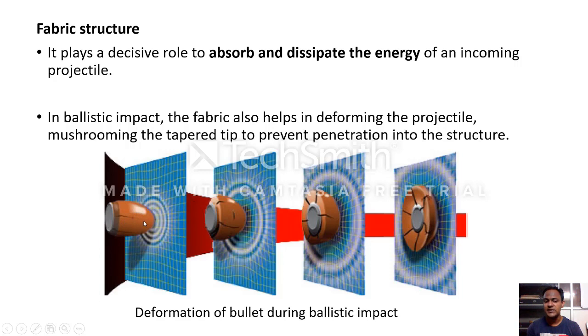Here you can see before it is hitting, and once it hits, this deformation takes place, generating strain waves around the fabric surface. You can see how the strain waves get spread over the entire fabric. This means that energy is spread out throughout the fabric surface, and the fabric does not allow the projectile to completely penetrate inside, only partially. And the projectile tip changes its shape into a mushroom form, so that the fabric could resist the projectile.